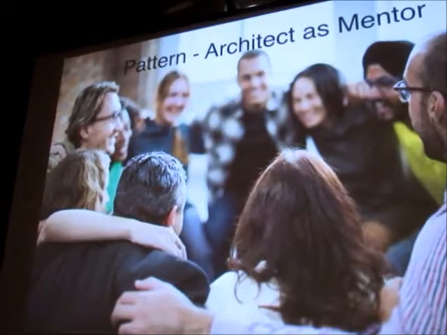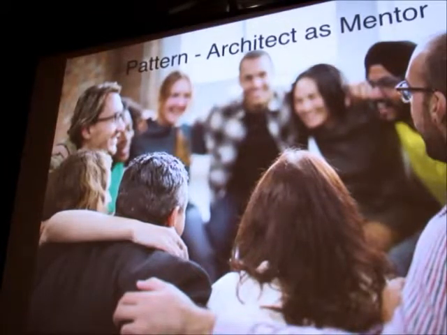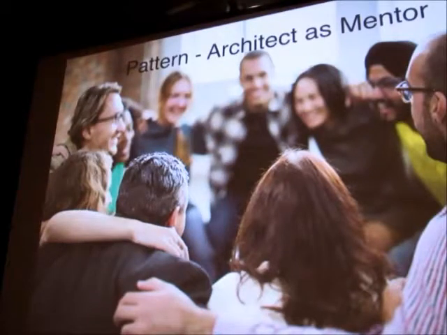Architect as mentor, instead of being in the ivory tower. My personal feeling is that if you want to be an effective architect, you should be able to code it. You might not be the best JavaScript programmer on your team, but you should feel like you could code it. Then when someone's working on it, you're able to come in and help them do it, or at least guide their thinking, even if you don't know the language. You can participate and help people understand why these architectural decisions are made and why they're important.